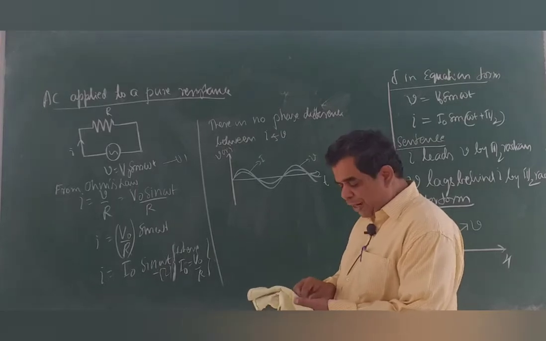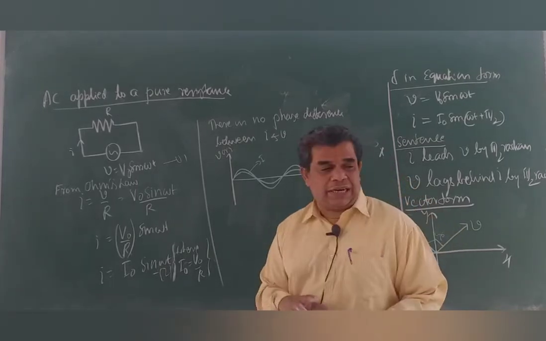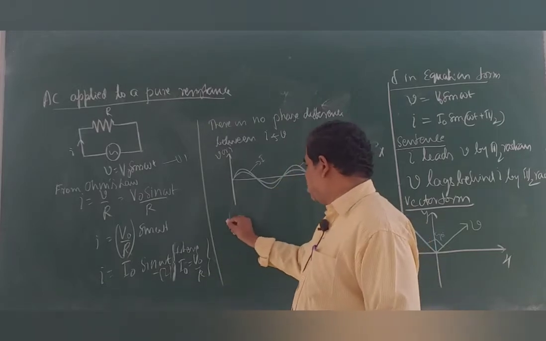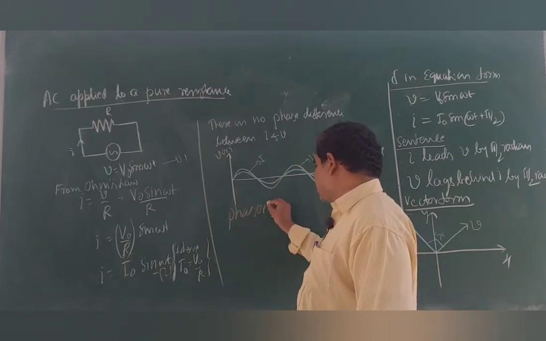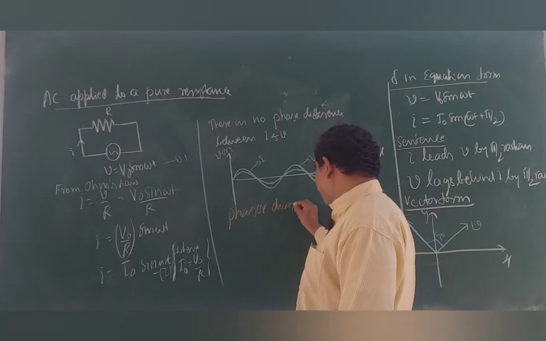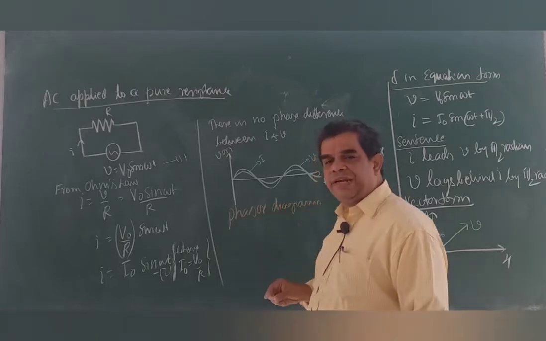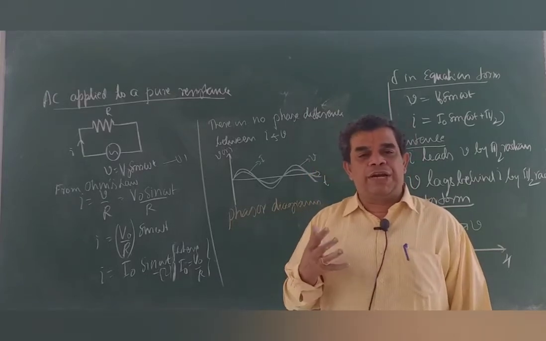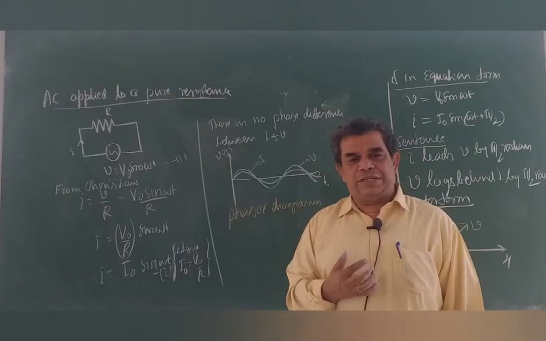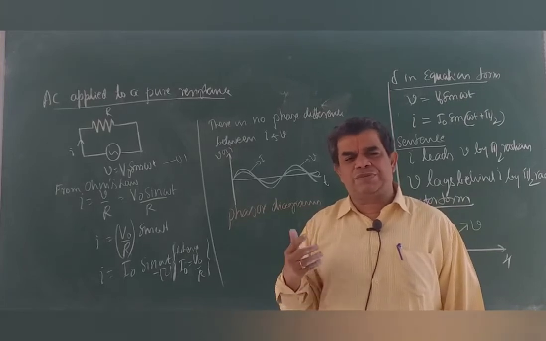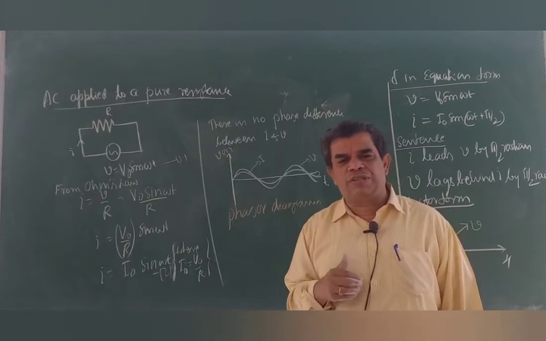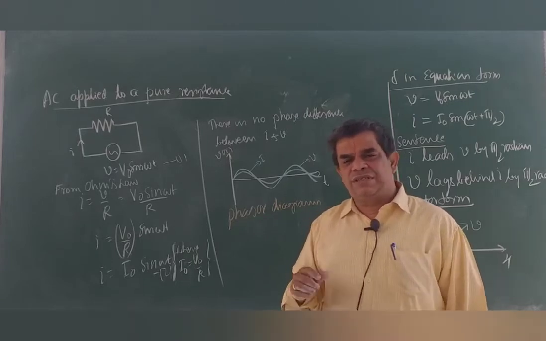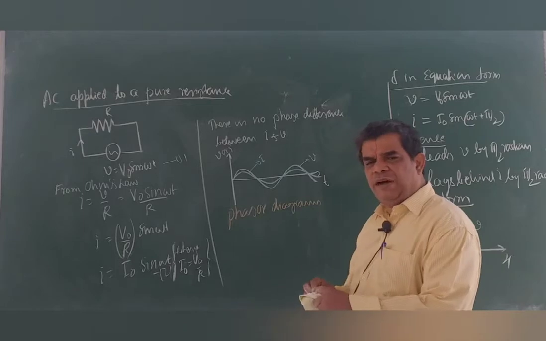Now, we write the vector diagram. This type of vector diagram is called a phasor diagram. We write the phasor diagram for this case. In fact, these phasor diagrams are very important to analyze FM radio reception in engineering. And in many places we use phasor diagrams to learn about the physics of the situations. So that is an important idea of phasor diagrams.